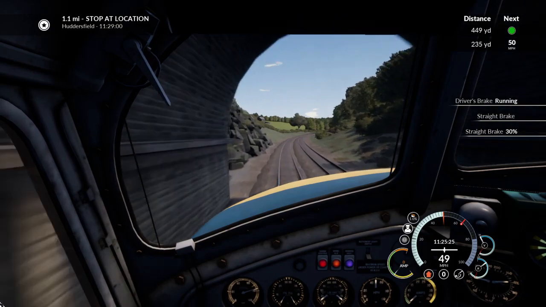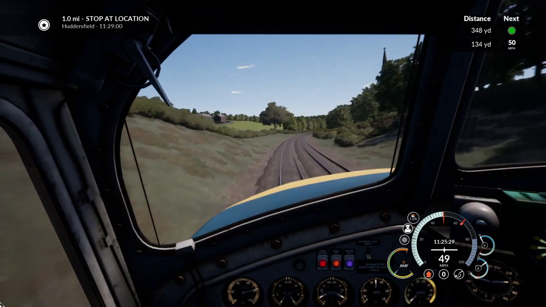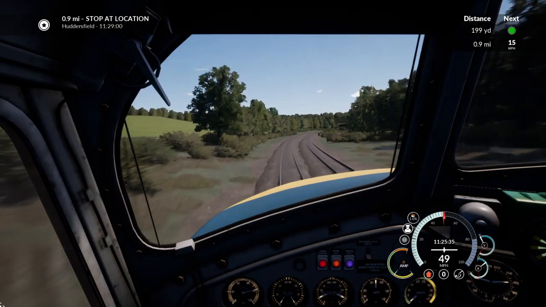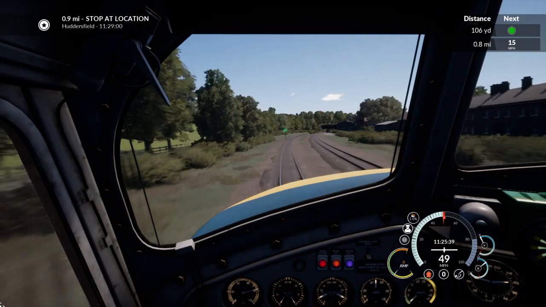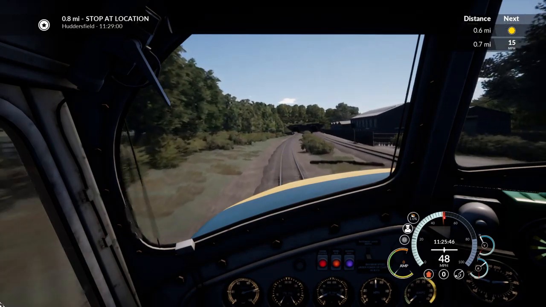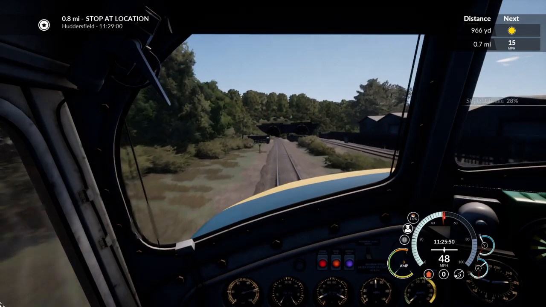And we'll just go back to let the straight brake take the load. Straight brake's just the electric brake, the locomotive brake, but for a comparatively light passenger train, it is absolutely fine for holding your speed on a hill like this. Much more precise than constantly toggling the air brakes on and off as well. So heading into this tunnel, we're just going to